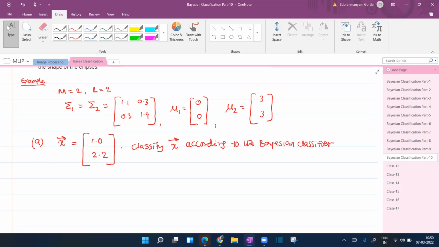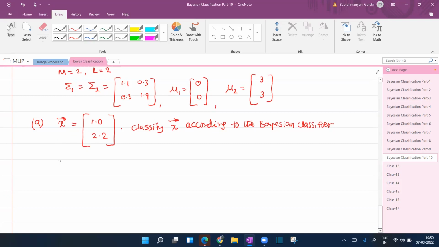Mahalanobis. That's all. Okay. So for Mahalanobis distance, I require the inverse of my matrix, so sigma inverse. It's easy: 1 by AD minus BC into D minus B, minus C A. The standard one will give me 1 by AD minus BC, which will give you 2 there, into: interchange of the diagonal elements 1.9, 1.1, change of sign for the off diagonal elements minus 0.3, minus 0.3. And that would give me 0.95, minus 0.15, just taking half of the values as I have 1 by 2 outside, and here